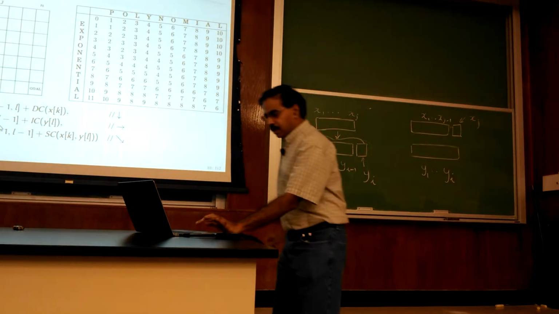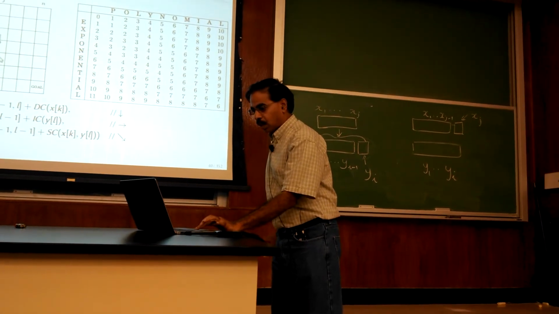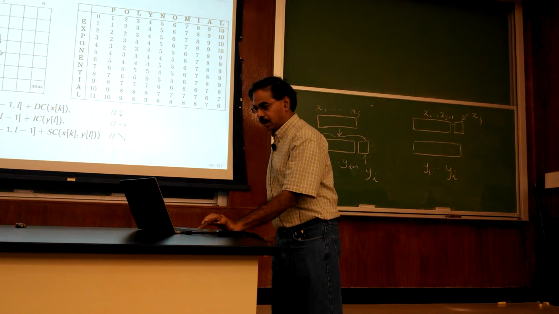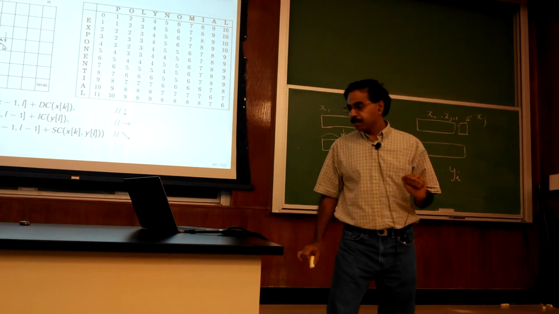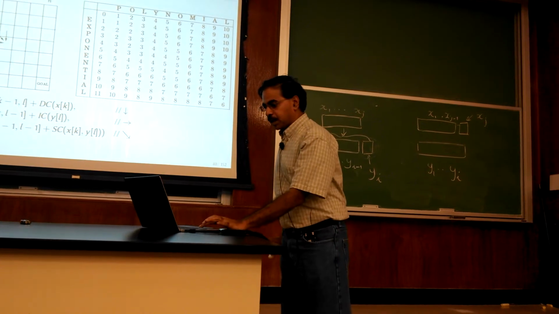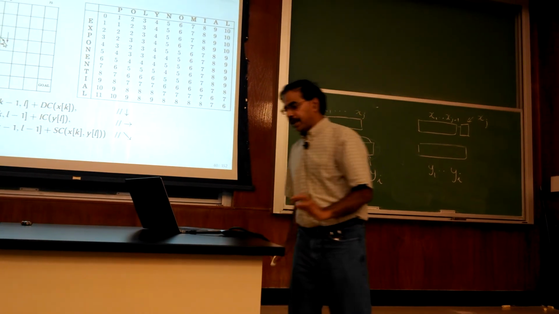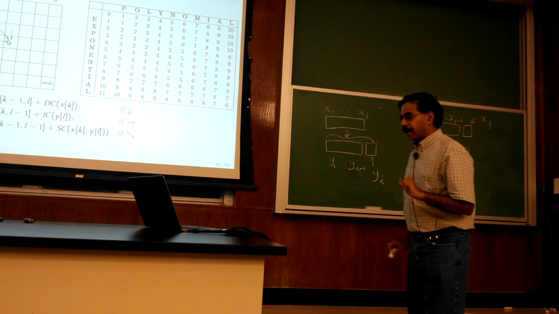So that's where you get these two terms, okay? So one of these terms corresponds to coming down, and the other term corresponds to coming from the left to right, okay? And then the third term corresponds to coming from here to here, and basically there what you're doing